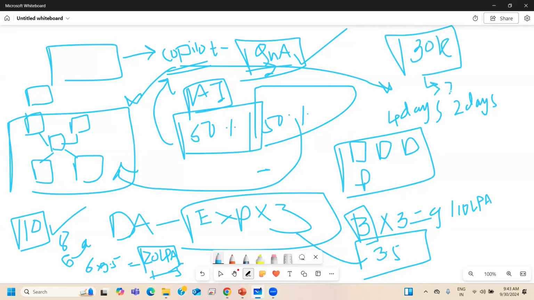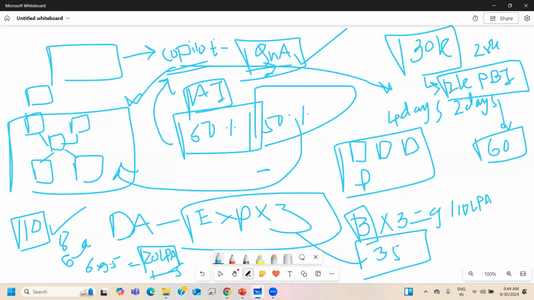We are paying somewhere around 2K for your Power BI license. The Power BI license would be given from our end. So 28K is the actual course fee, and 2K is for the Power BI license. You will get a Power BI Premium per user license, not Power BI Pro, which is 2K. This would be for 60 days. After 60 days, you can still extend it. I will definitely show you how you can extend it.